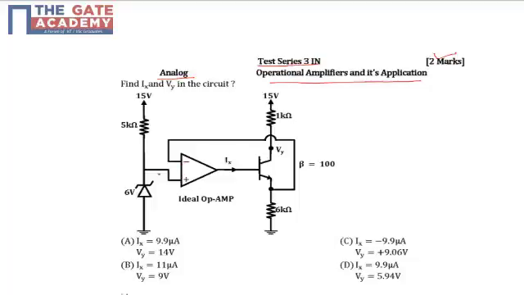The positive terminal is connected with one 6 volt Zener diode and 5 kilo ohms of resistance. It is connected with a supply of 15 volts, and the negative terminal is connected to the emitter terminal. The output of this is the Ix value, that is the Ix current value, and this is connected to the base terminal. The emitter terminal is connected with 6 kilo ohms and the collector terminal is connected with 1 kilo ohm and with a supply voltage of 15 volts, and the beta factor is given as 100. We need to calculate these two parameters, that is Ix and Vy.